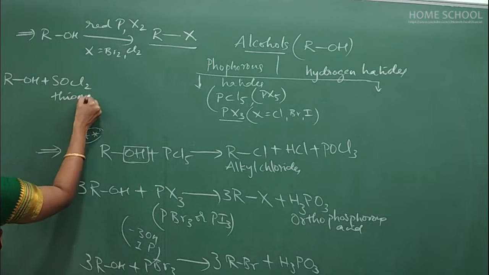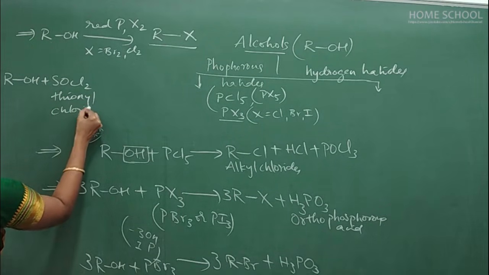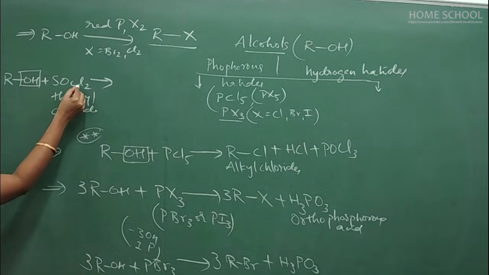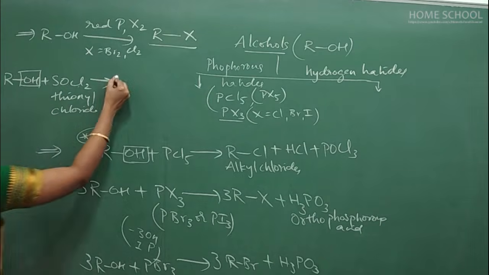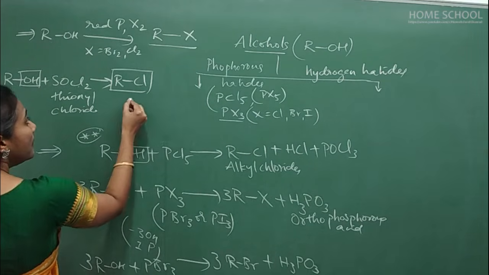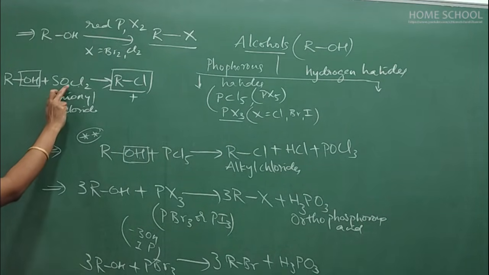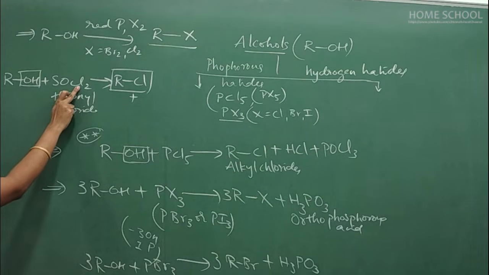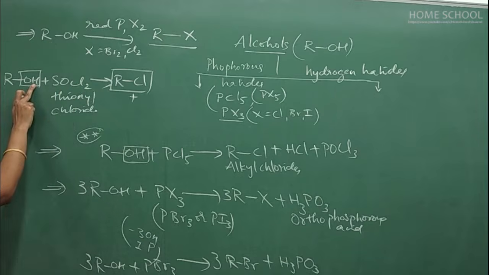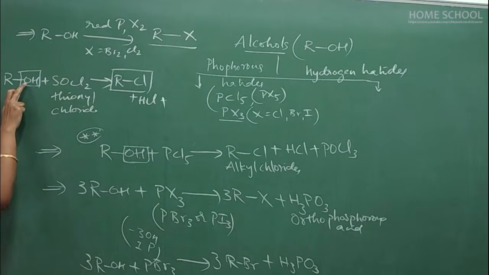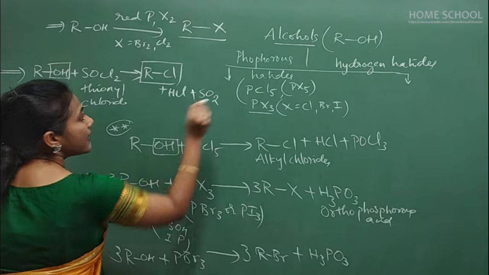Okay, and another important reaction is when alcohols are treated with SOCl2, which we will call thionyl chloride. Even here what happens is this OH will get replaced by this Cl. So you will get alkyl chlorides as a product, and byproducts are very very important here. See, one Cl is replaced by OH. Another Cl is there, no? That will combine with hydrogen of OH and you will get HCl. Plus what is remaining? Here one oxygen, and this sulfur. So combine and you get SO2.